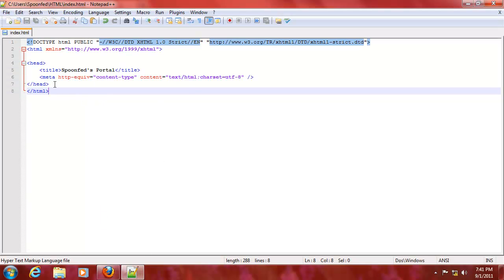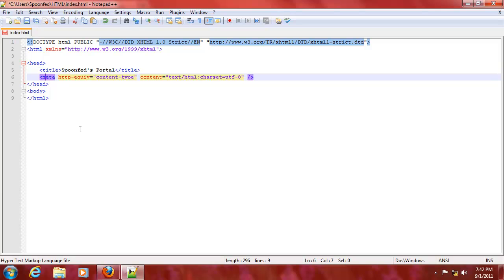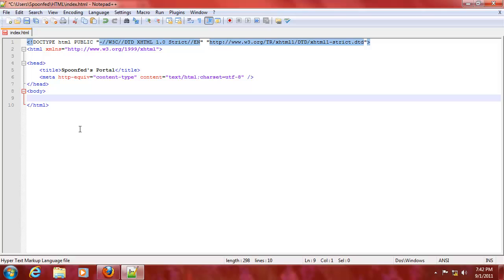So let's add one more thing to this, and we're gonna add content in the body tag. So the head tag is only for the title and other stuff, and in the body will be the main content. Now,